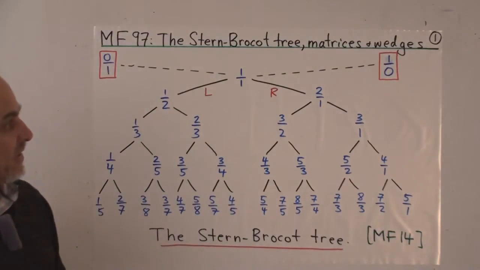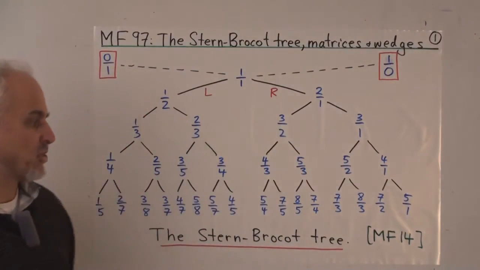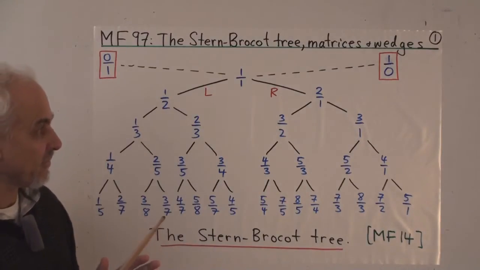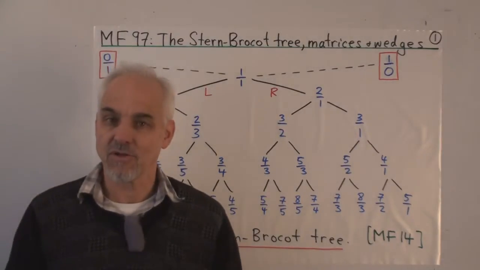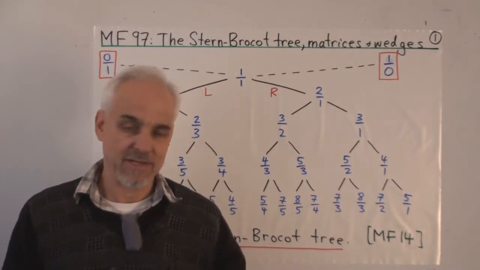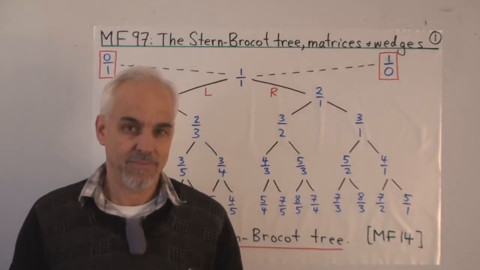We're also at the end of the lecture going to talk about a geometrical manifestation of the Stern-Brocot tree, a planar representation that leads to a rather interesting idea of certain very narrow triangles, which we're going to call wedges. It gives us some more insight into this deep structure of the rational numbers.